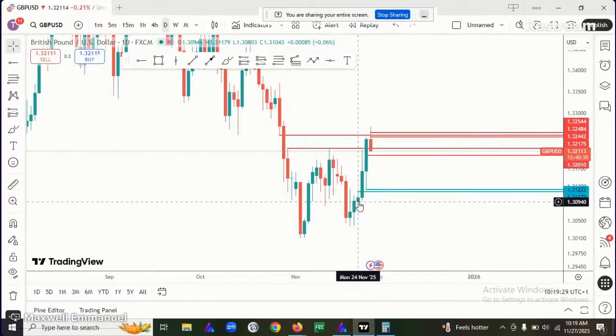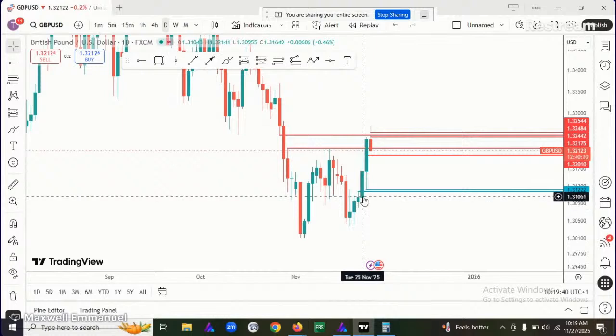On Monday, if you calculate the average price for Monday, the market opened above the average price. And you can see we had a little wick. That wick was to retest the average value of Monday. If you go to Tuesday, calculate the average price. The market opened above the average, but before the market went bullish